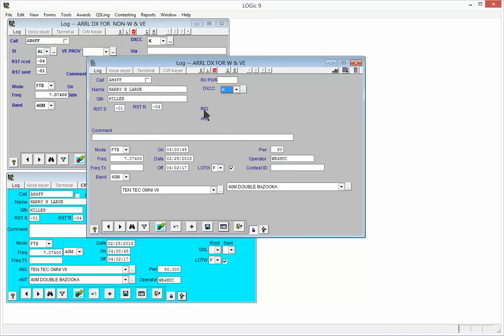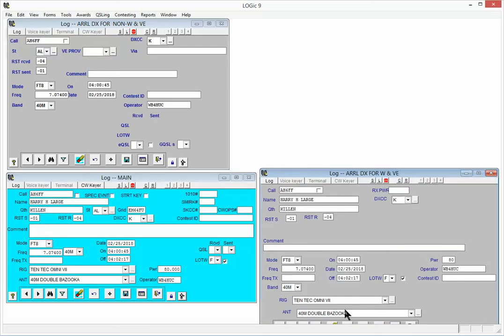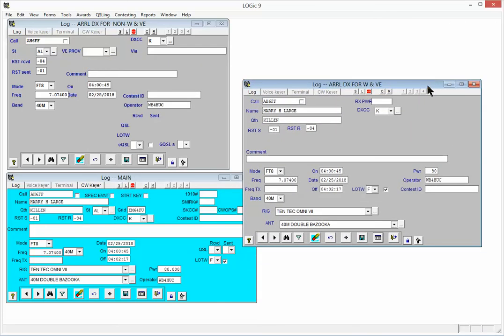And here are the labels for rig and antenna. They were already on the form. So I can say rig, and I can say antenna. Now, obviously, I'm not going to leave it this way. I'm going to tighten all this up, shrink the form down a little bit, because if I close it, it's still pretty tall. So I'm going to tighten all this up. I'm going to pause the video, and I'm going to finish this form up,